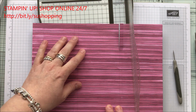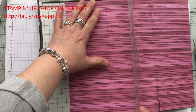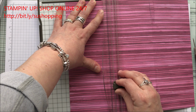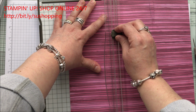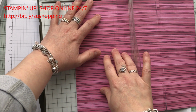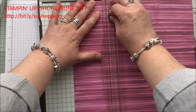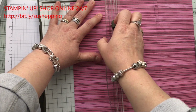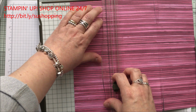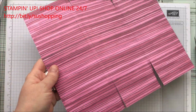Yeah, and I'm going to do the same on the other bit as well. So where you've got the other two score lines that are close together, cut on the outside of those ones, move it over, cut on the outside, and don't forget, just down to the first score line and then that last score line. Okay, right, move your cutter,